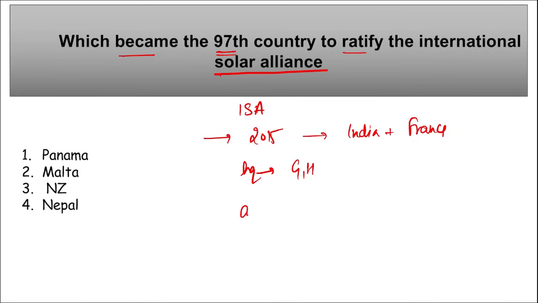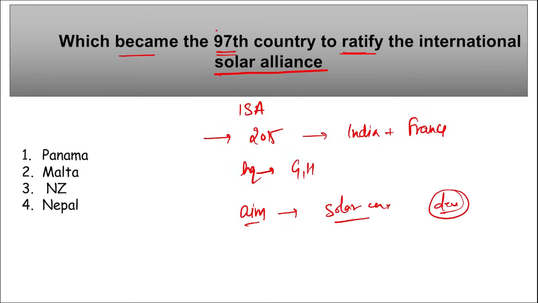What is the aim of this? The aim here is to provide solar energy to the developing nations where the basic general sources of energy are not provided, right? And we know solar energy is available to us in abundance, and utilizing that and providing energy to the remote areas in those developing countries, this International Solar Alliance was launched.